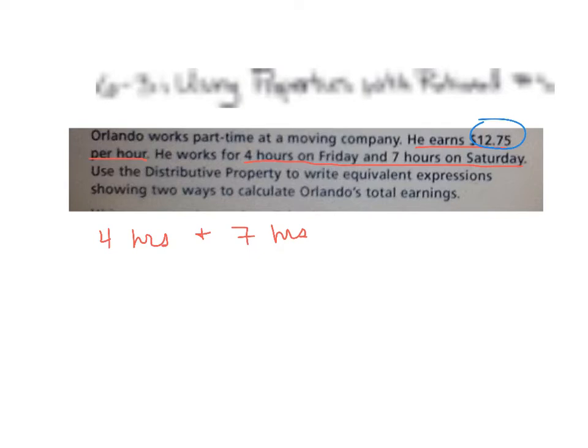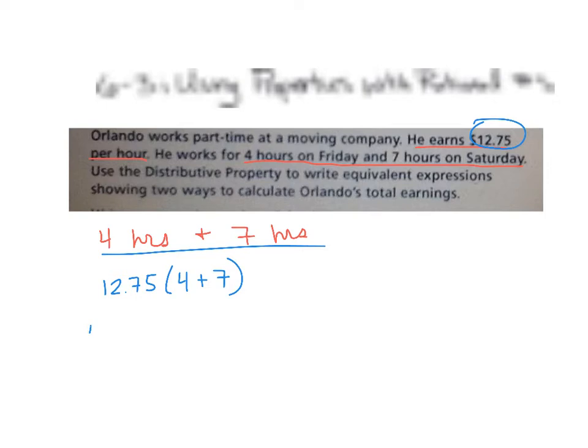So yesterday we talked about grouping numbers together in parentheses. So he makes $12.75 an hour no matter what. But then we have 2 amounts of hours he works. So in parentheses we're going to put 4 plus 7. Okay? And then like we learned yesterday,